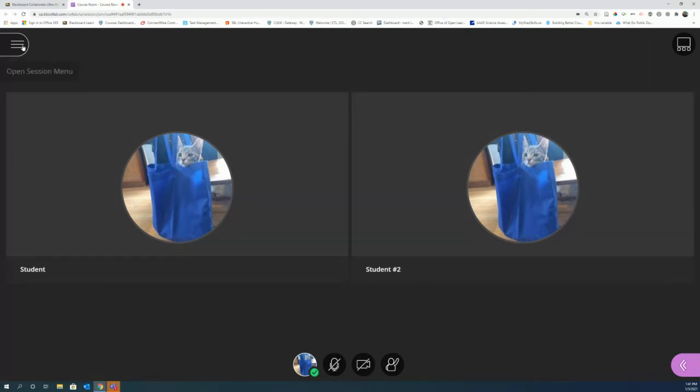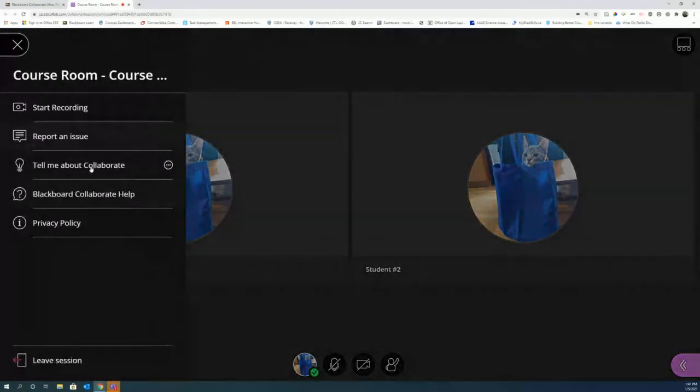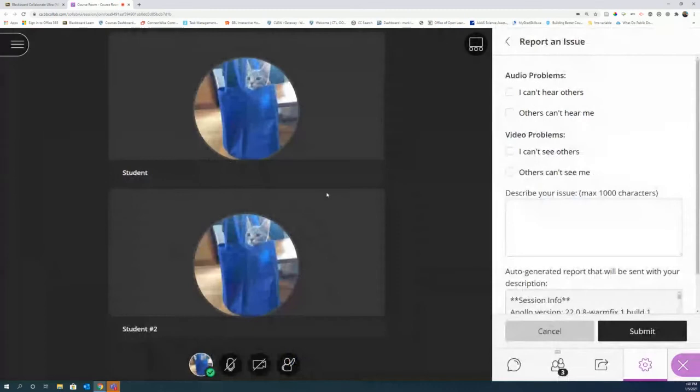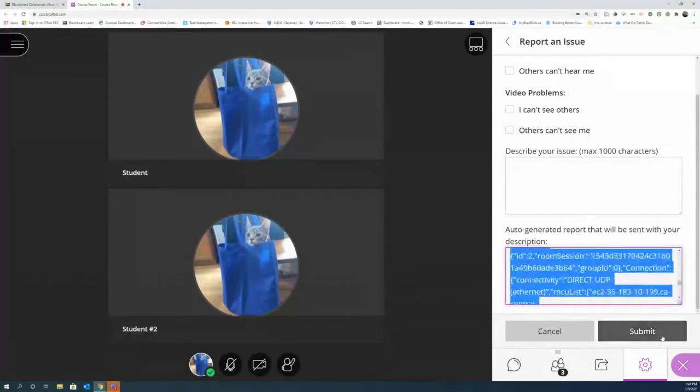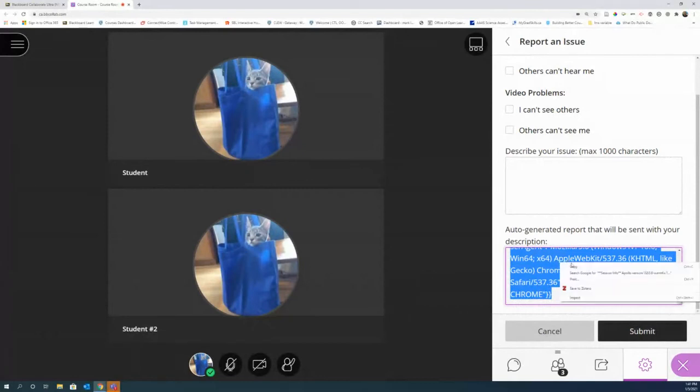The rest of the parts in this menu up here aren't really important for us. And if someone needed to, they could report an issue. This would be more for sending to Blackboard. If someone was submitting a ticket and really felt ambitious, if they were having problems in the session, they could copy all of this auto-generated report, copy this huge bulk of text, and paste that into the ticket they're submitting. It would give us a lot of information. Not everyone's going to think to do that. I do put that into the tutorial. Some might do it, but